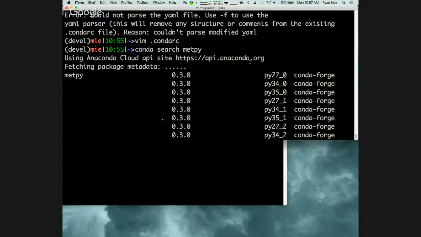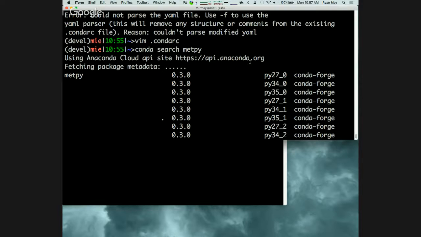Okay, so use Vim, or actually you should have Vim. So vim or vi space .condarc. Yes, we have that in home. Okay.